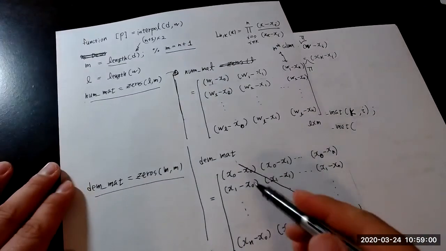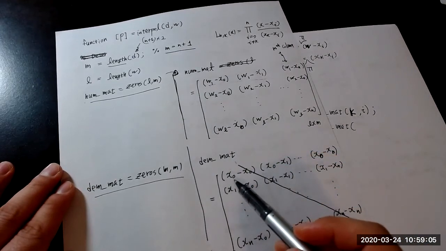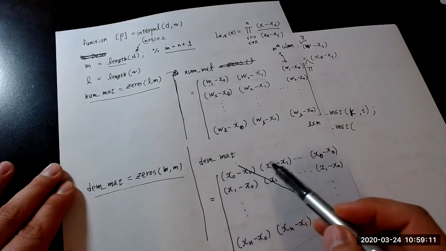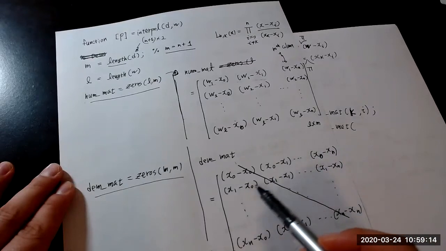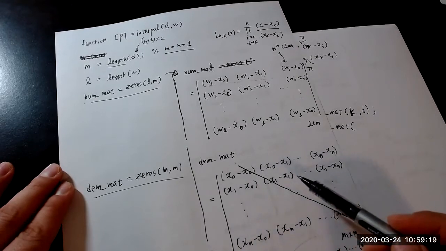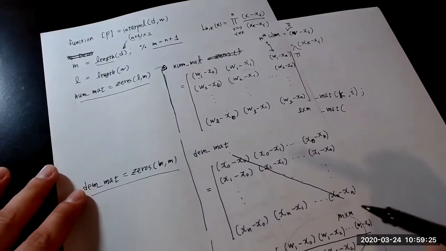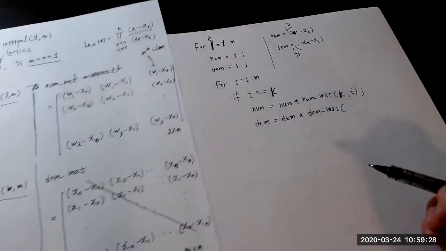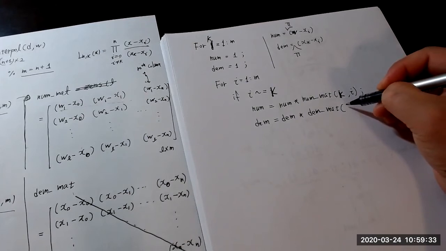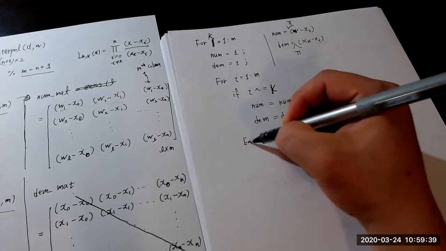So in the denominator, den mat, similarly to what we did in num mat, we multiply all of the entries in a fixed row. So second row, we multiply them, except for what? Except for the diagonal entry, okay? So now this is gonna be k comma i, okay, and then end, right, and then